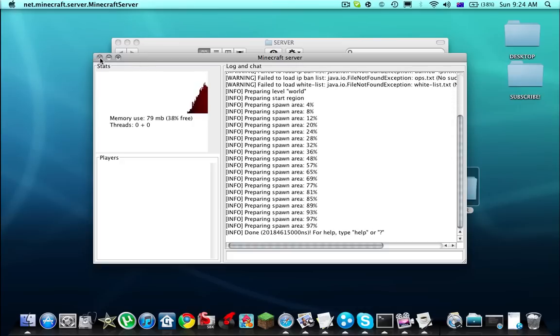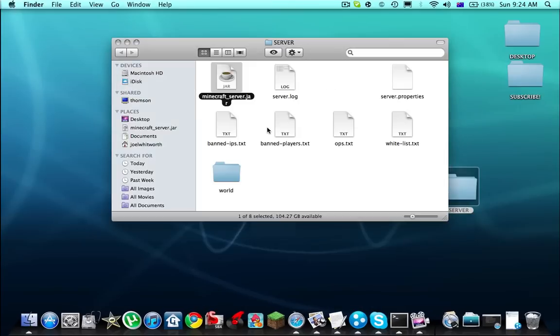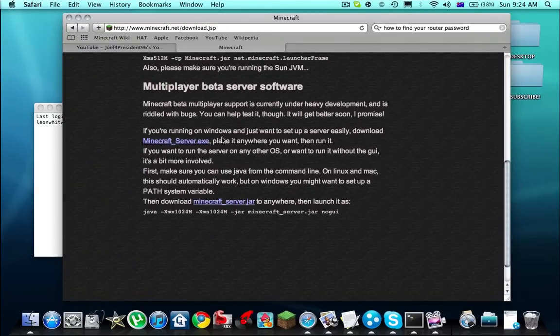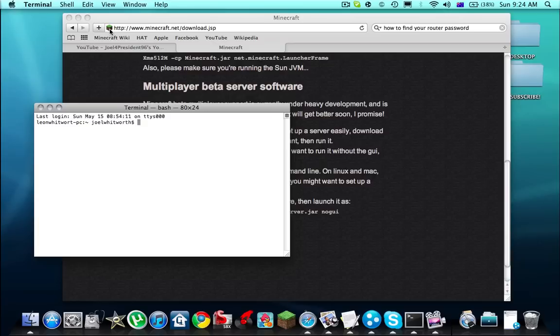okay, now you can close this. And in our folder that we made, you will notice that we have all these files now. So what we're going to do is open up a new terminal. We're going to copy the code from that website. You only need the first part up to that -jar because the Minecraft server.jar doesn't work. So you just paste it, and then